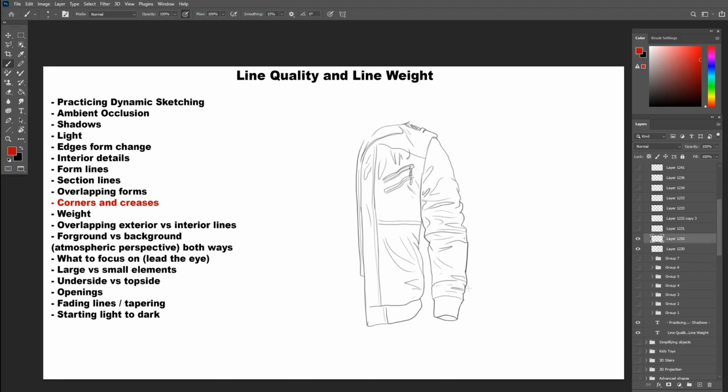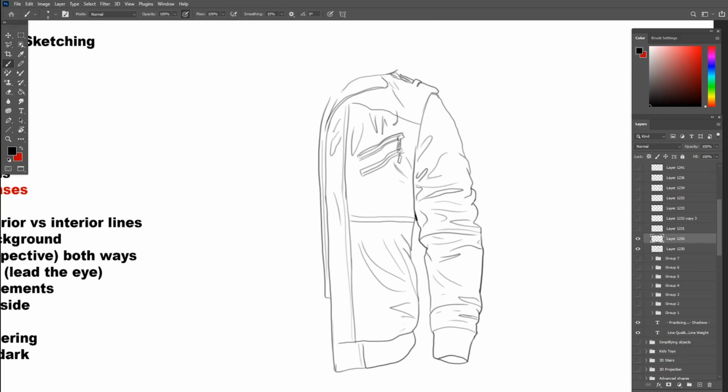Next we have corners and creases. Corners and creases will have more shadows in them, which is basically due to the shadows in these narrow areas that we mentioned before. So in the corners and the creases of this jacket, light won't be able to get in. So shadows will take over with thicker lines, especially around the corners, and in the area of the creases where we have less light. Again, don't circle the whole thing like an outline. It will just look bad. Try to convey the important information with the least amount of lines possible.